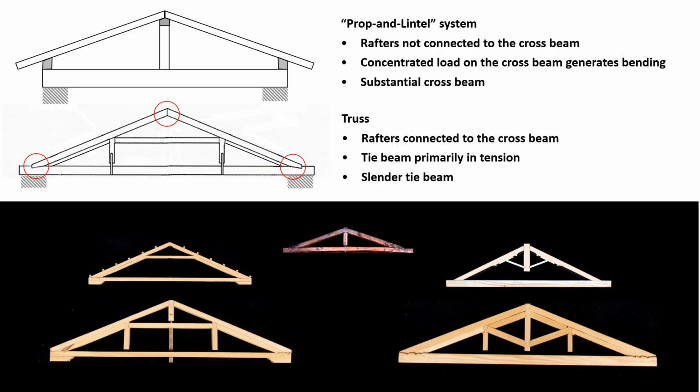The truss system, as mentioned, features rafters and tie beams that are connected at their ends, forming a rigid triangular unit. In the post and lintel system, by contrast, the cross beam is not directly connected to the rafters. Instead, the rafters rest on vertical posts, which are supported by the cross beam. This system is less material efficient than the truss, as the posts induce significant bending forces in the cross beam,